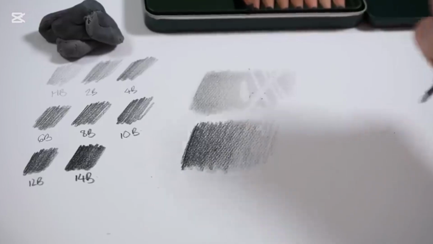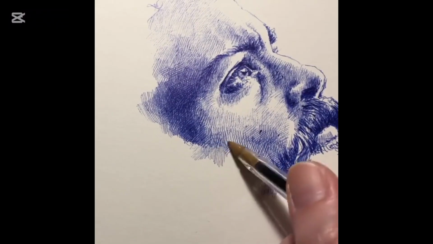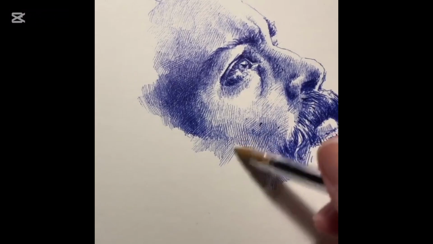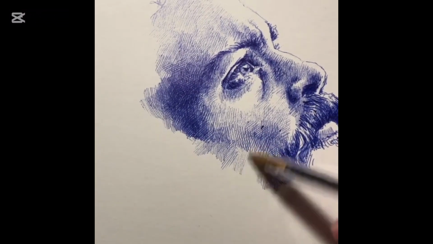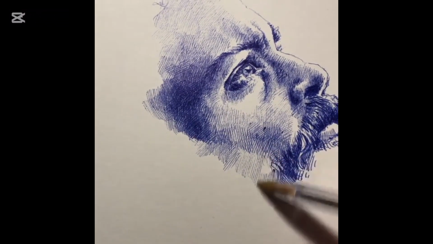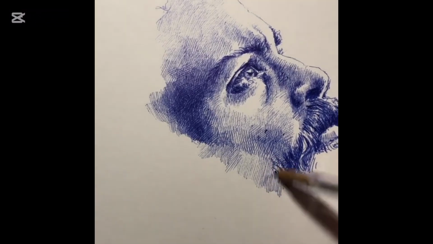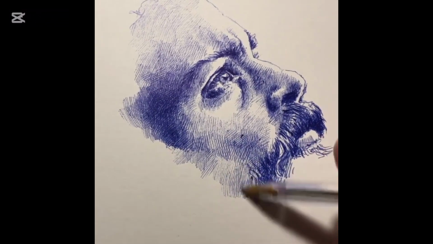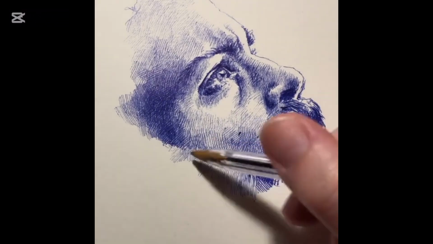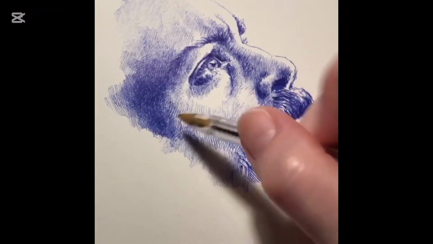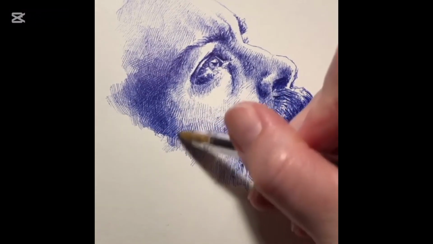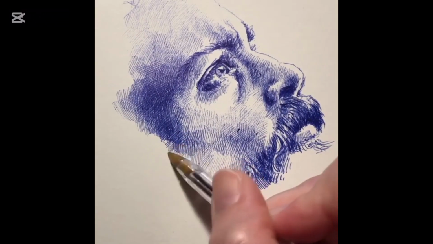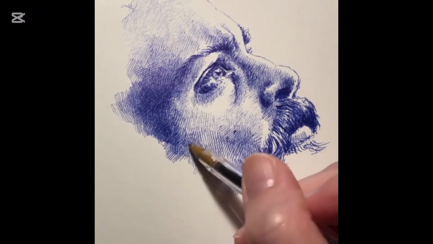The third category of tools is the ink pens. The purpose of using ink pens is line work, detailing, and graphic arts. The types are the micro pen or ball pen, which produces fine lines and precision, and brush pens, which produce dynamic strokes with variable thickness. The techniques used for ink pens are hatching, cross hatching, scribbling, and stippling